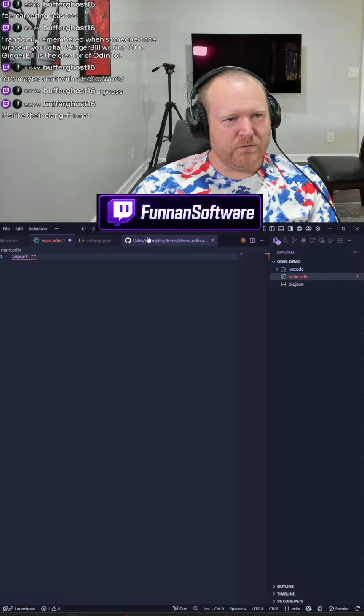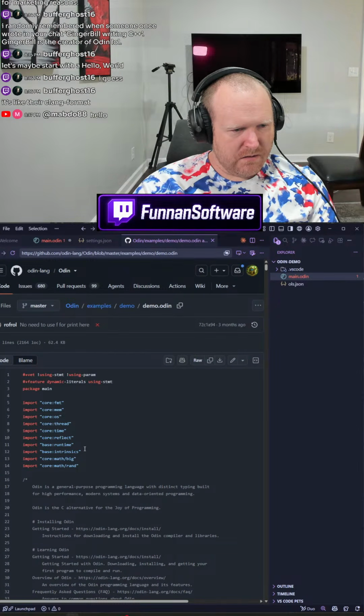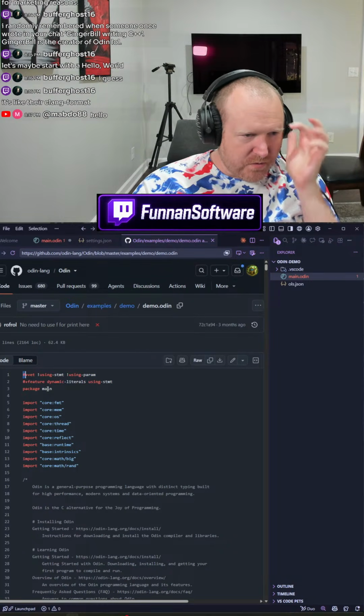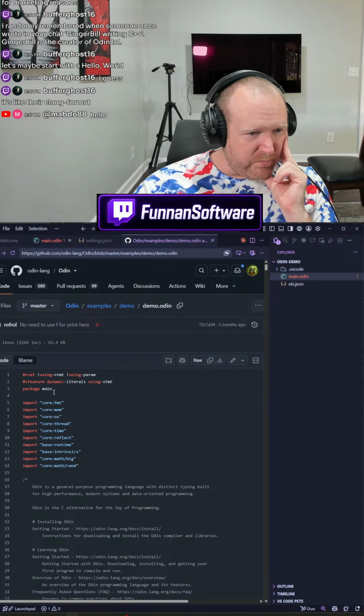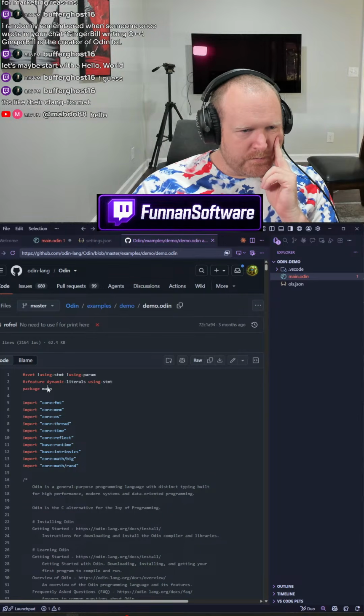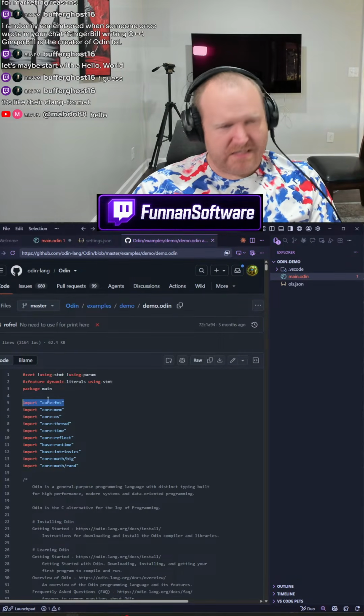Okay. How do I do hello world? Probably need CoreOS maybe? What in the world is this? It uses a pound symbol, so I'm guessing that's like a package main. Or no, I bet this is defining a package called main. Using statement plus feature dynamic literals. I mean, no, format. Core format. I bet that's what I want.